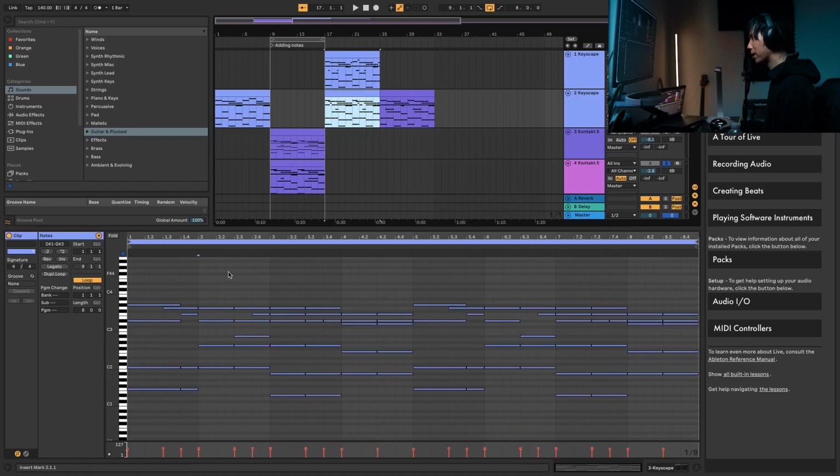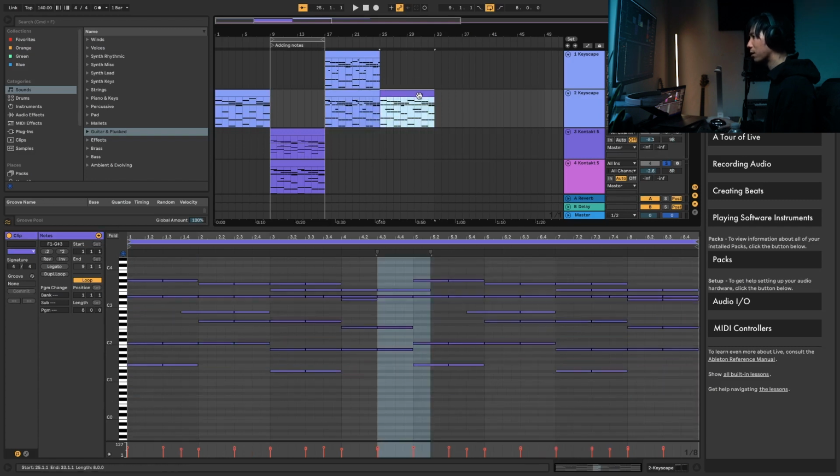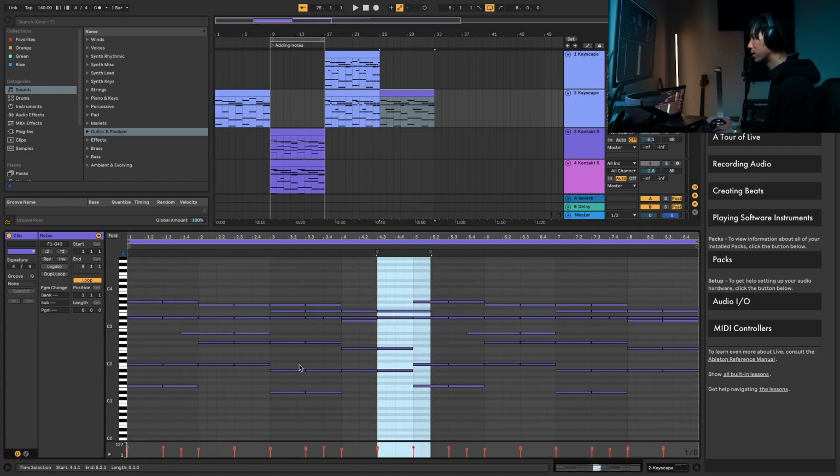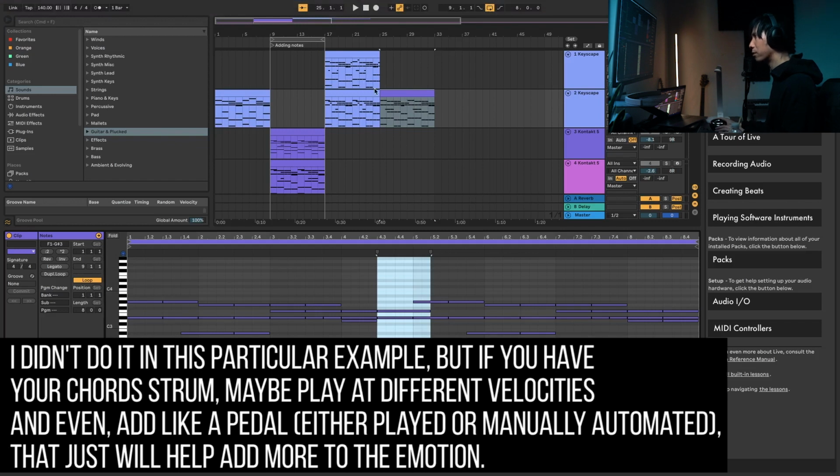So that's something you can definitely do to add more emotion or tension to your track, and even just changing the rhythms of the piano a little bit can also add more tension. Again, I would suggest writing in your lead melody, or whatever melody, or even matching the rhythm of the singer or something like that, which can help add a lot of tension. I don't necessarily have a lead here, so there's no melody that I'm following, but